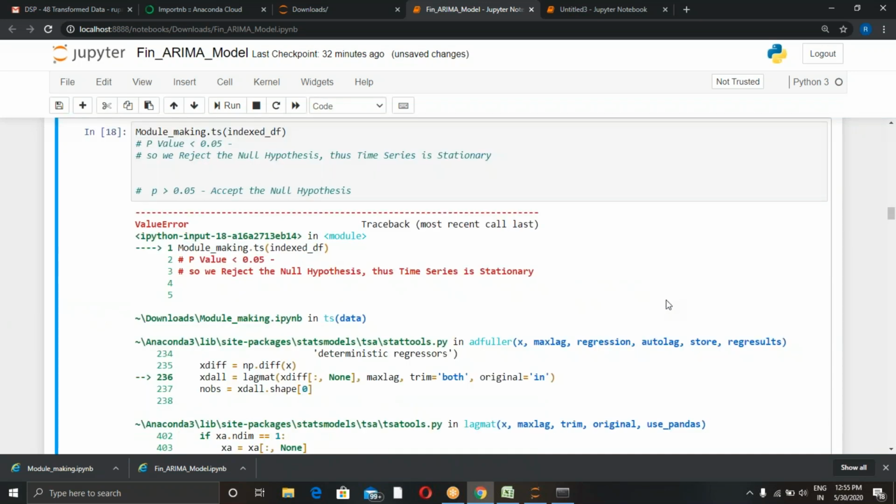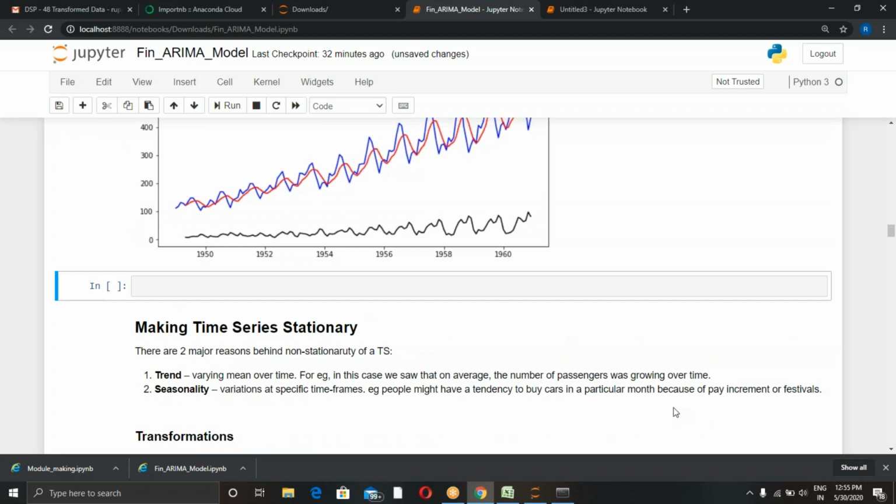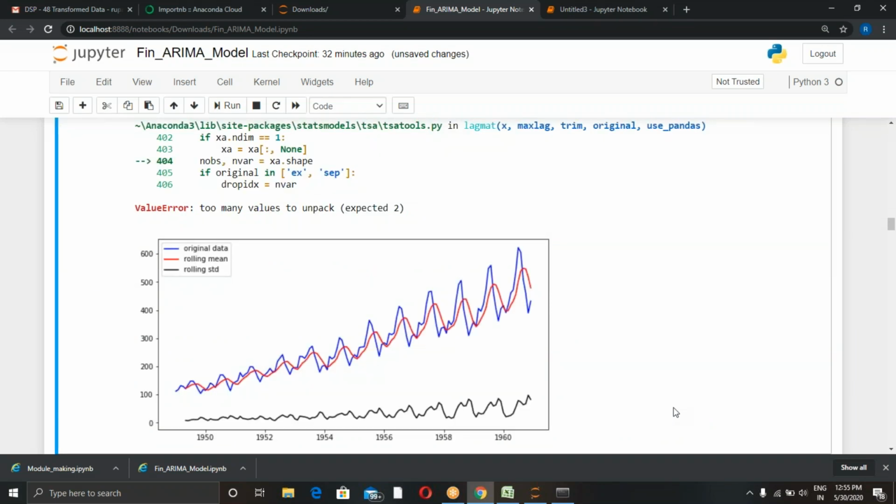Only the error. Okay. Now go to module making.